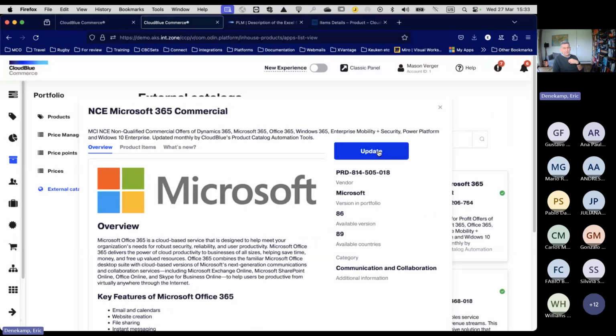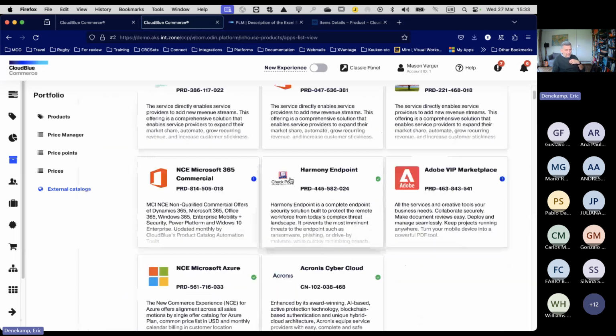And there is an update button there. Click it, the system will again pull in all the new information, anything that has been changed, and it goes to green again. In the meantime, it might show a gray icon here. Gray means we're working on it.